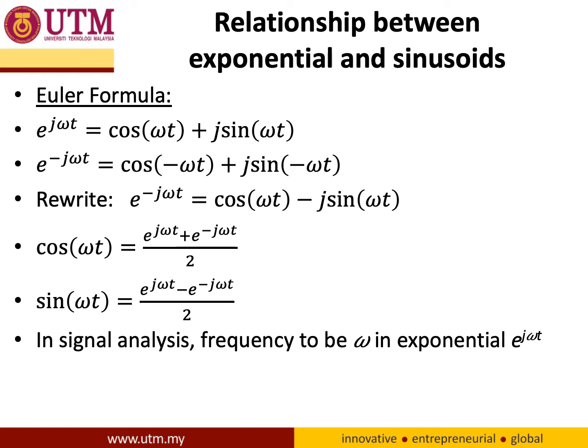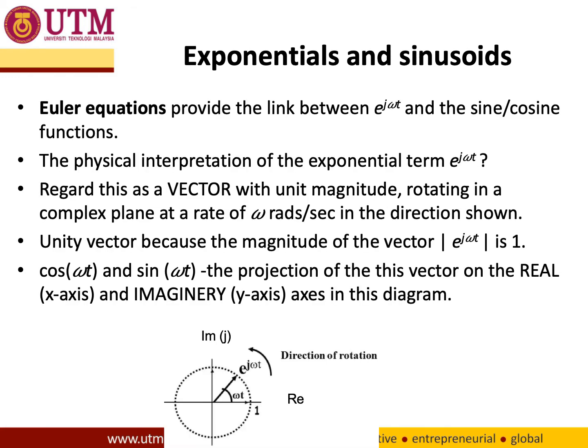If we rewrite the equation for the negative exponential, we have e^(-j omega t) equals cos omega t minus j sin omega t. And the relationship between the sinusoids and exponentials is given in the formula for sine and cosine of omega t. In signal analysis, frequency is omega in the exponential e^(j omega t). The previous slide shows that Euler's equation provides the link between the exponential e^(j omega t) and the sine and cosine